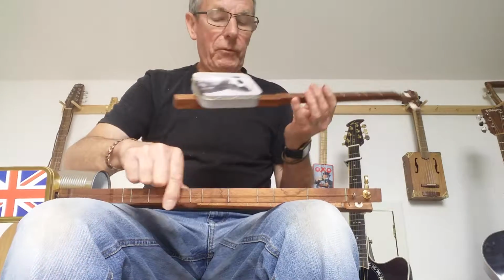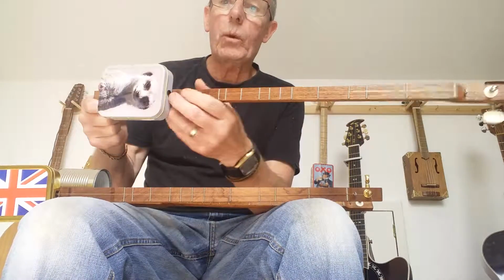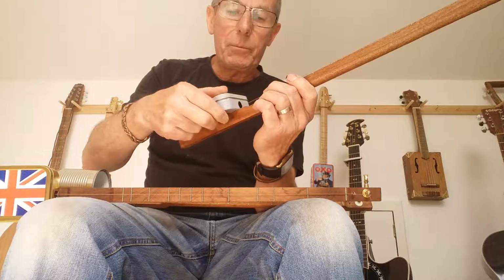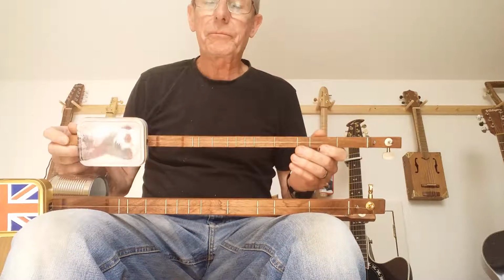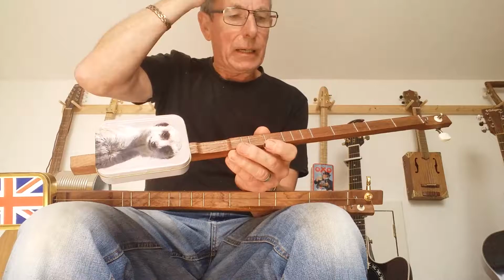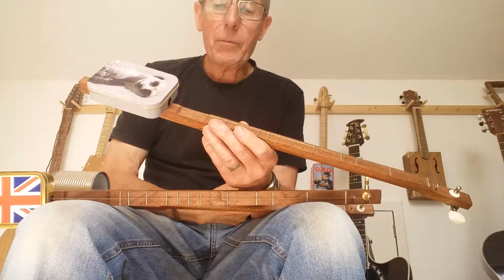So first off, I had about 6 or 7 of these, what I call diddley bow or canjos. They're a one-string fretted musical instrument, and I took them to a music festival, and I sold a few, but I've got these 3 left. They're dirt cheap for what they are, I think, and they're absolutely great to introduce children into playing a